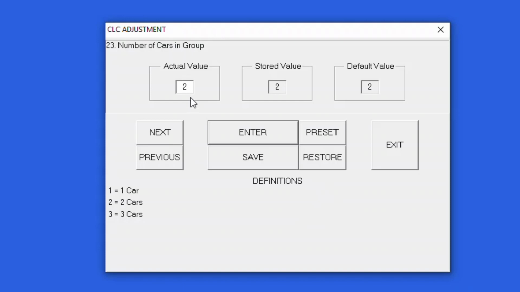Now, on certain software revisions, this adjustment will be unchangeable and stuck at the number 2. In this case, my software allows me to change this, so I'm going to change this to 1, press enter and save. If you cannot change this adjustment, you can simply ignore it and move on to the next adjustment. So I'm going to go ahead and press the exit button and move on to our next adjustment, which is